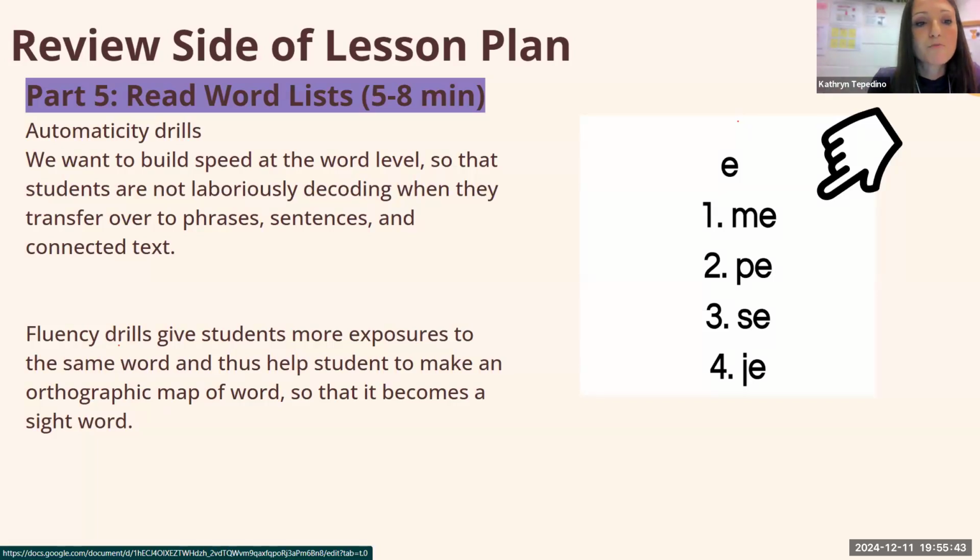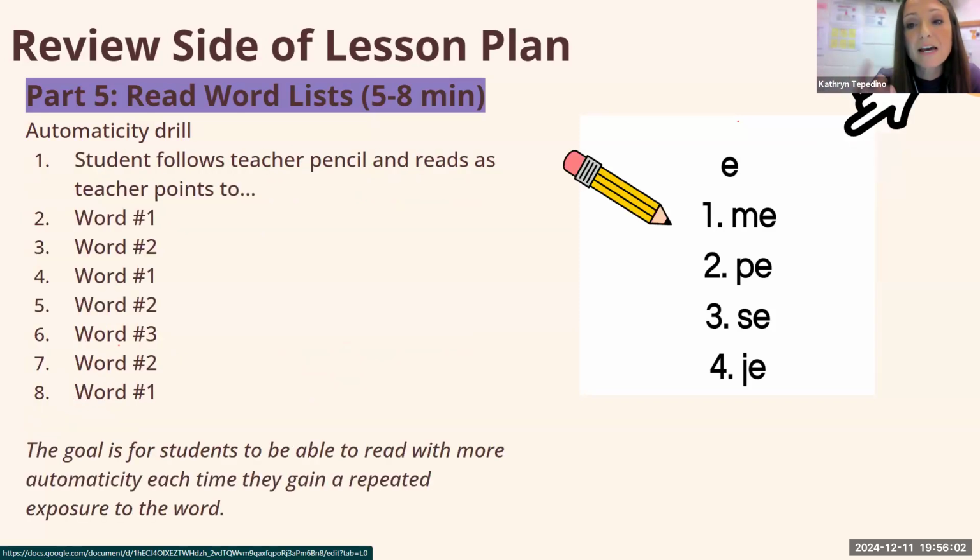So a fluency drill is to build automaticity, so that the more exposures they get in these fluency drills, they're creating that orthographic map in their brain, right? Because they're decoding and getting quicker and quicker, and with more exposures it's going to become a sight word. So that when they get to the text, they're able to just read it instead of having to decode it. So the way you do the automaticity drill is that you're going to say to the